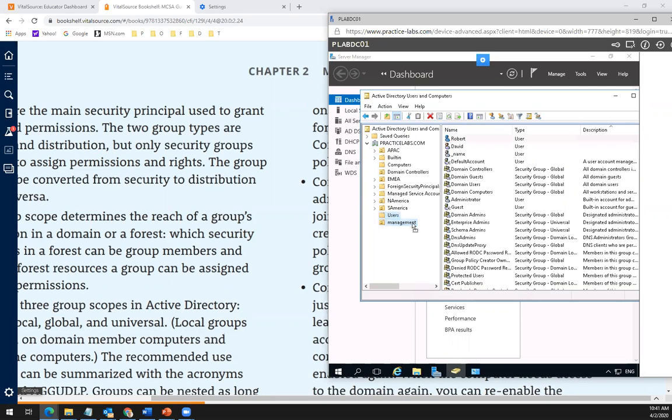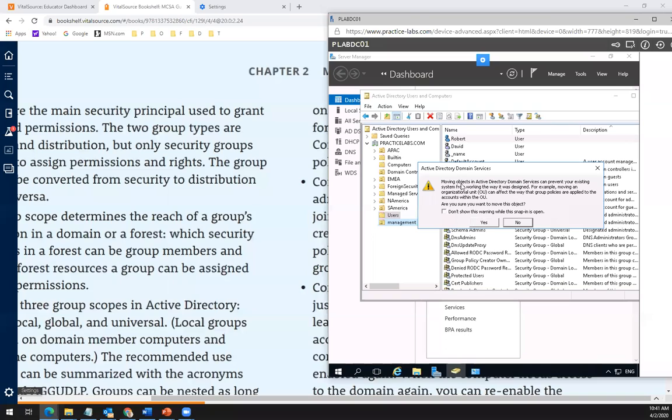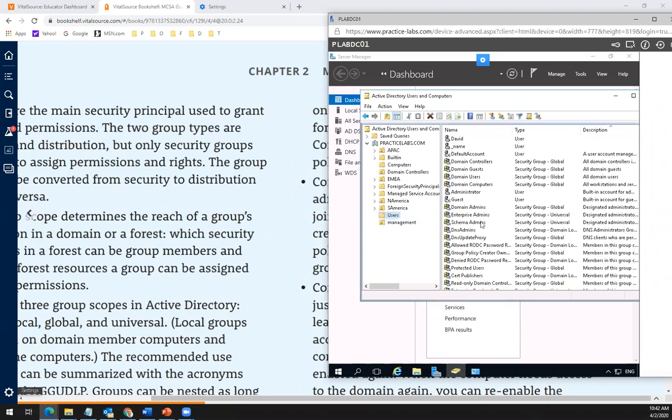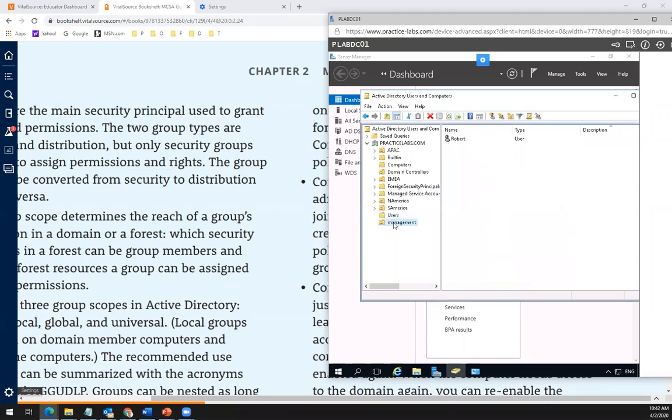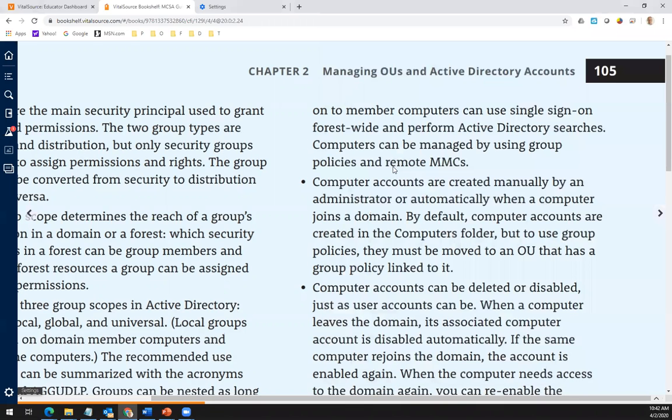Okay, so moving an object can prevent your existing system from working the way you desire, and so on. Of course, there are big implications when you do that. Moving an OU can affect the way the group policies are applied and so on. So yes, there are definitely these implications. This is just exactly what the paragraph said in there. But I just did that, and now I have a user here, right? So you can organize, and it's not just for the visual, it's actually for the purpose of the